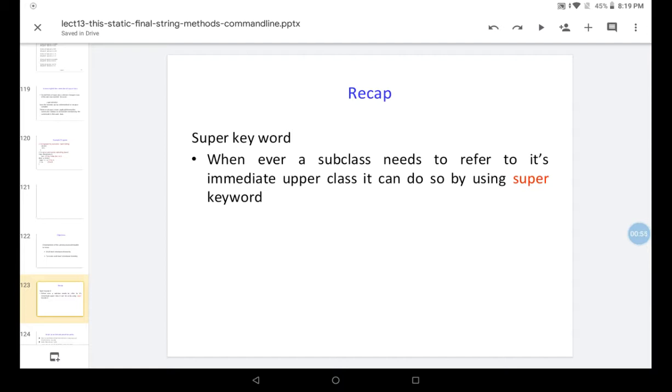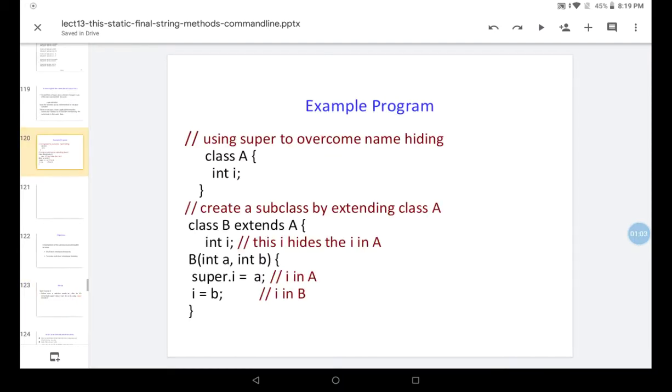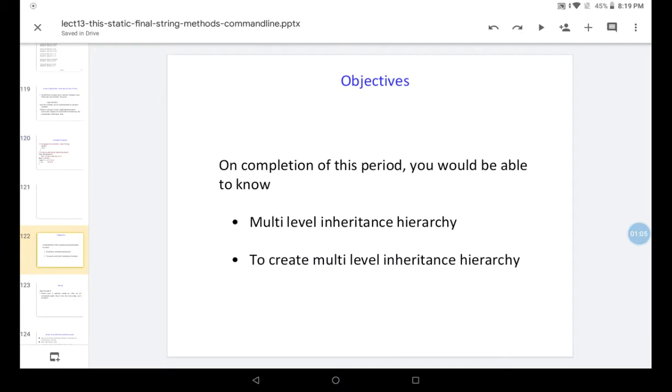Super means we are referencing the superclass object. So in today's discussion we will learn about multi-level inheritance, and also how to create a multi-level hierarchy.